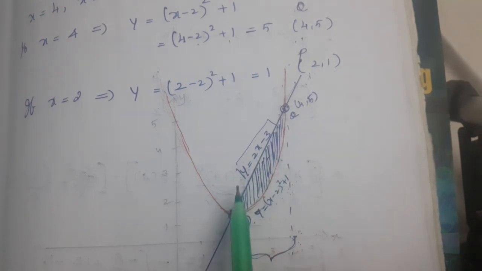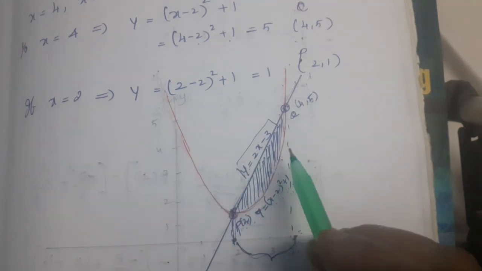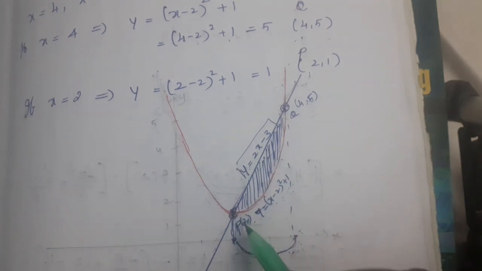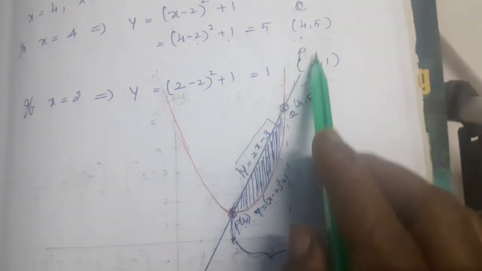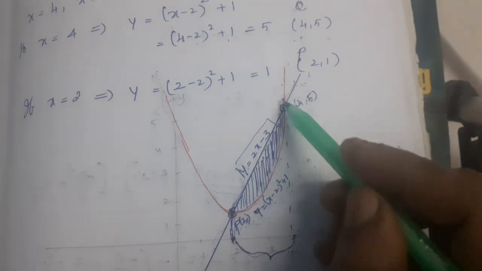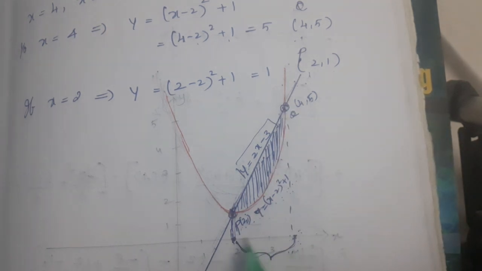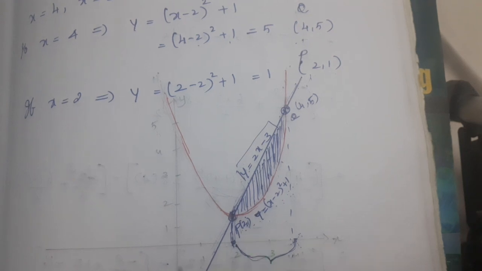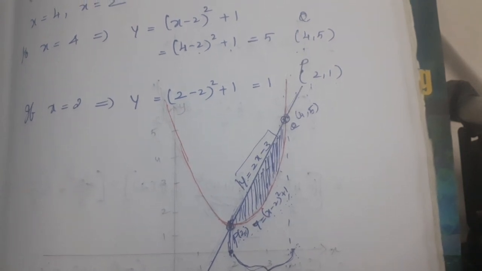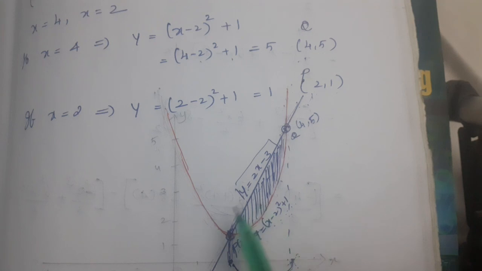The calculation part is very easy for you. Go through the sum properly, draw the diagram. See that limit also. See this is the point of intersection, 4 comma 5 and 2 comma 1. This is 2, this is 4. Therefore our integration part is 2 to 4. The limit is very important. If you find the limit properly without missing, the sum is getting the proper answer only. So these sums are all in exercise number 9.8. All are 5 mark questions, very important sums. Go through properly. Thank you students.